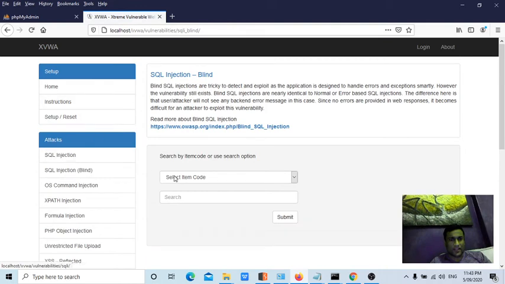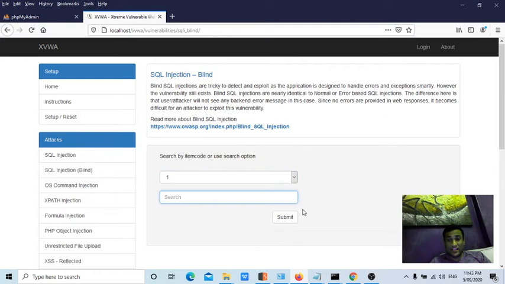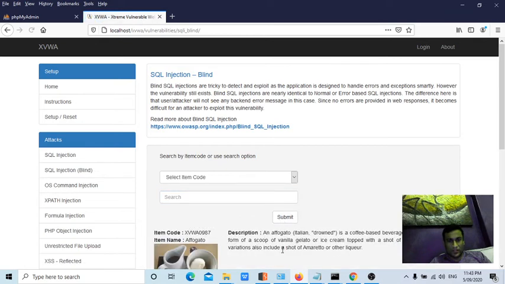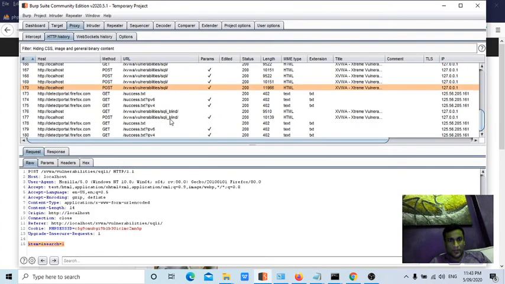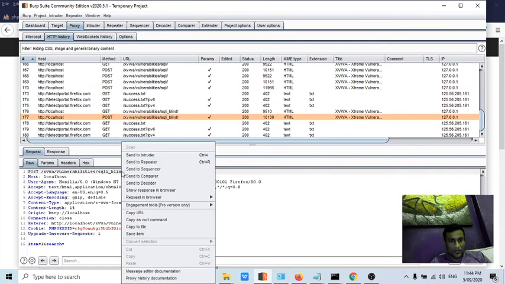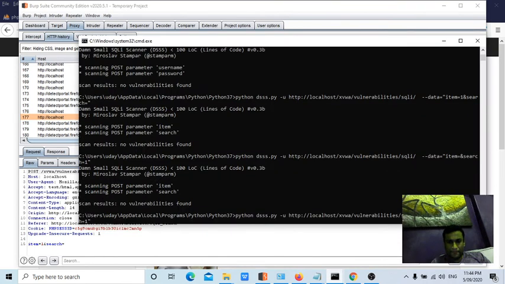Let's check for blind SQL injection on this. So that's the reason I don't always depend on the tools themselves. However, I covered in my previous video, guys, how to check for SQL injection. Now let me execute this blind SQL injection and take this particular request, right click, copy URL, blind SQL injection.